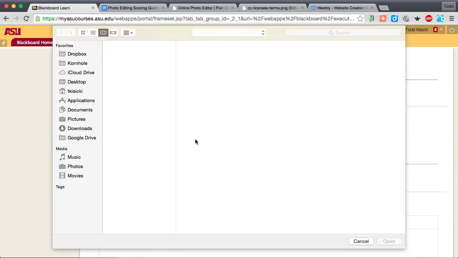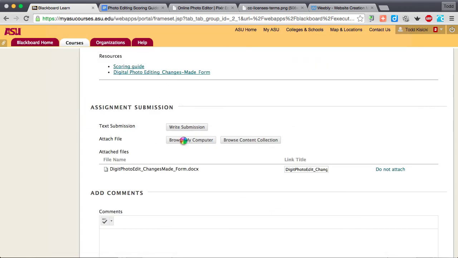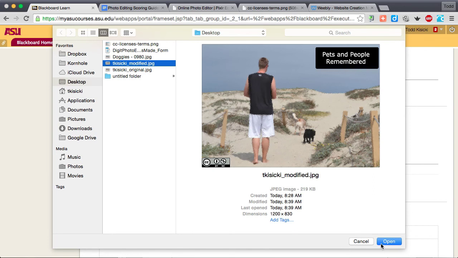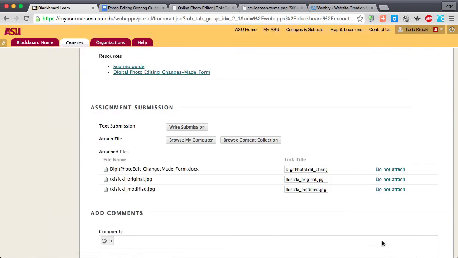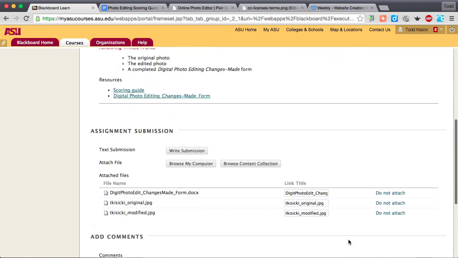I want to do the T. Kasicki original file. And since that's a bigger file, it might take a few minutes, and then I want to do the T. Kasicki modified. Okay, so I've got 3 items that I'm going to submit, and I can click on the submit button. Now I won't, because I don't have a grade book, but